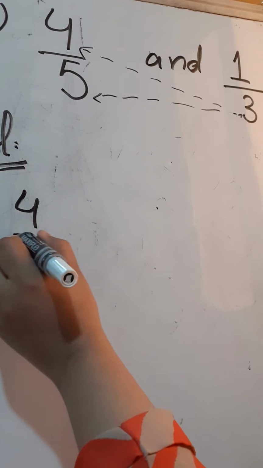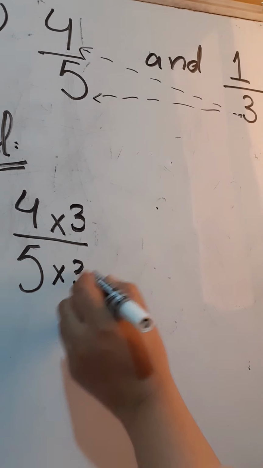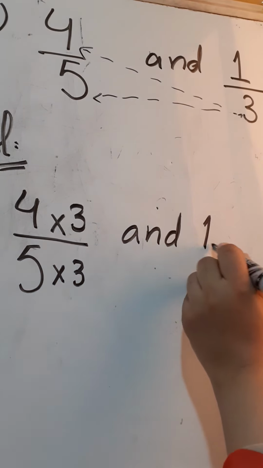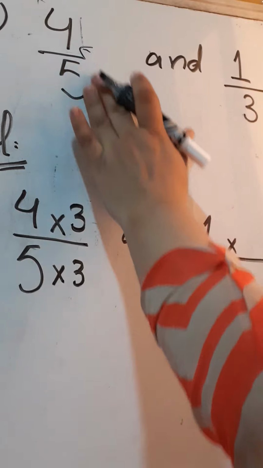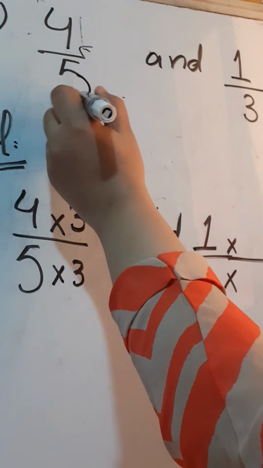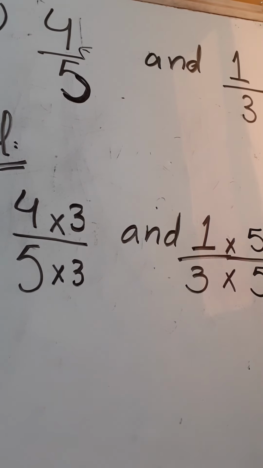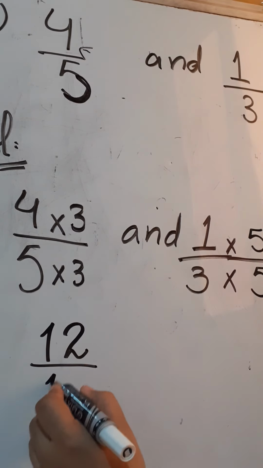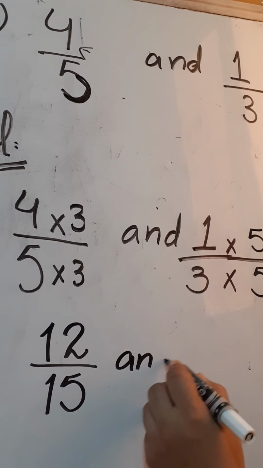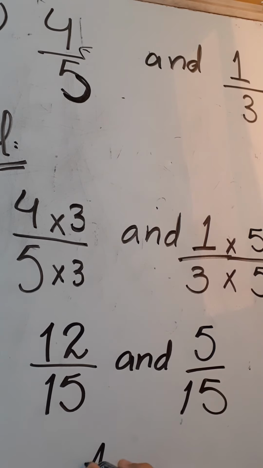And we multiply 4 by 5 by 3 and 3, and the 1 by 3 we multiply up and down. Which number do we multiply up and down? What is the denominator of this? This denominator is 5. This 5 up and this 5 down. Understand? Now 4 threes are 12, 5 threes are 15, and 1 five is 5 and 3 fives are 15. Answer. Yes class, both denominators are the same, right?